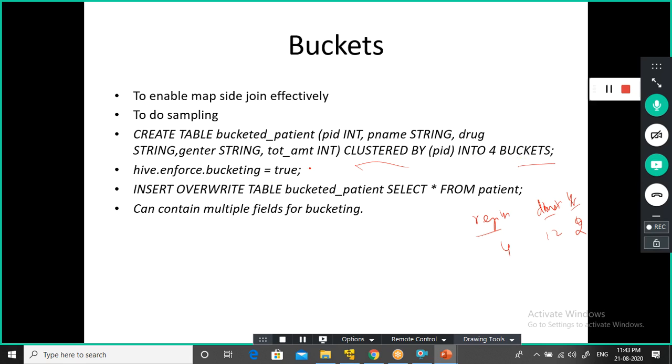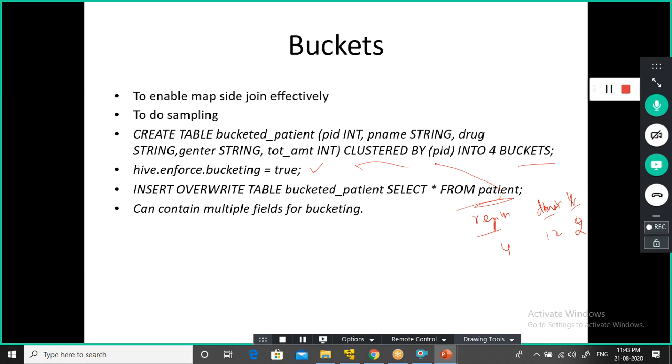For that, you need to enable this parameter in your configuration file: hive enforce bucketing set to true, or I think you can do it in the command line also. And then insert overwrite table bucketed patient select star from patient, which can contain multiple fields for bucketing. What we are doing here is inserting the data into the bucketed patient table, selecting star from the patient table, which is already there.